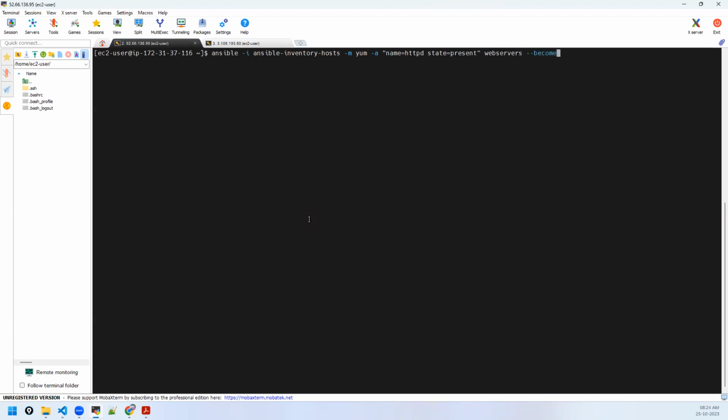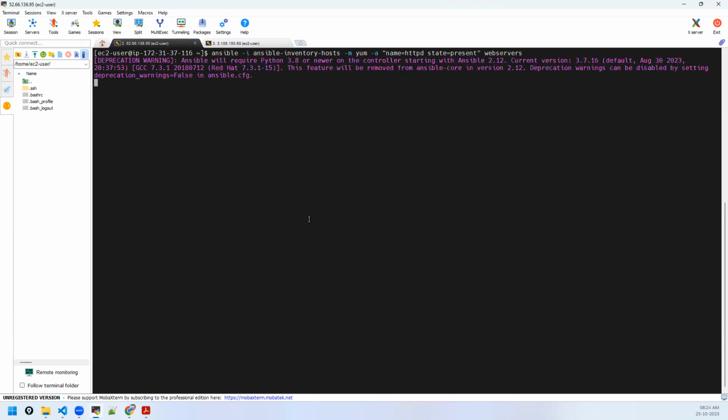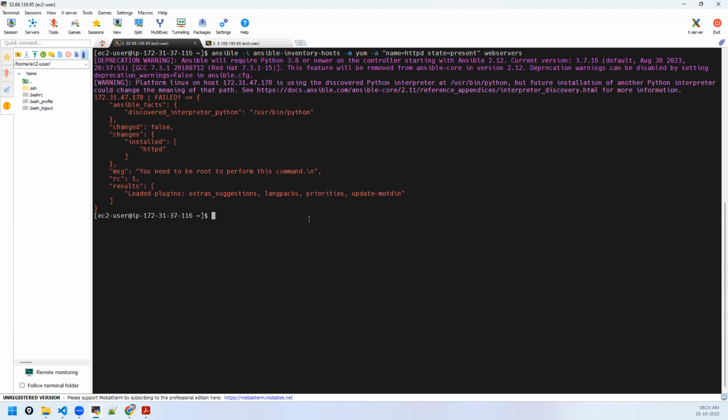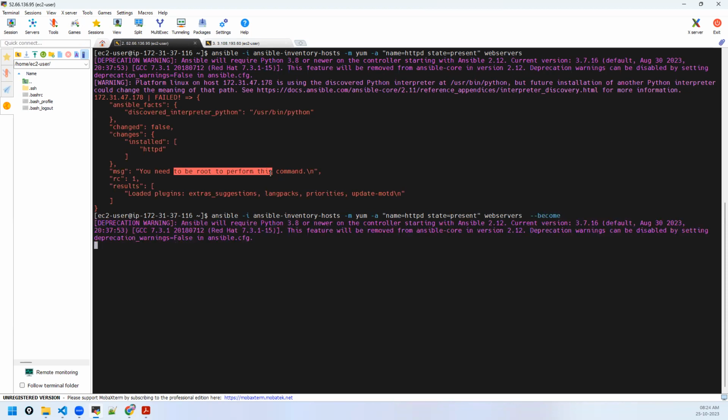And I want to run this with escalated privileges, so become. Or else if you don't use it, you can't install it. Permission issue. Do you see that? You need to be root to perform this. Become.